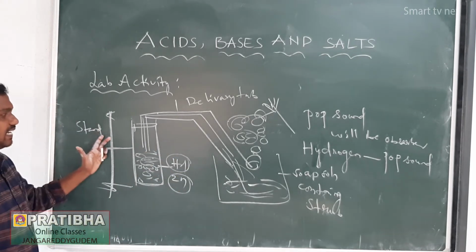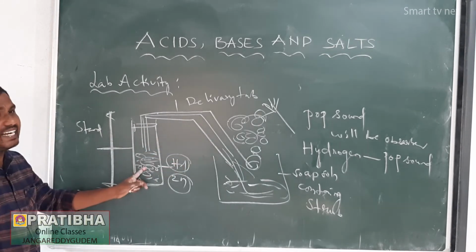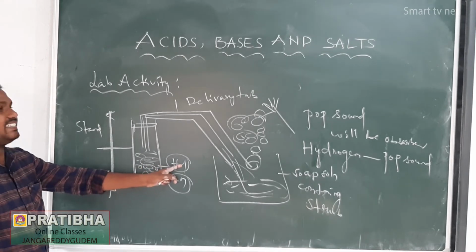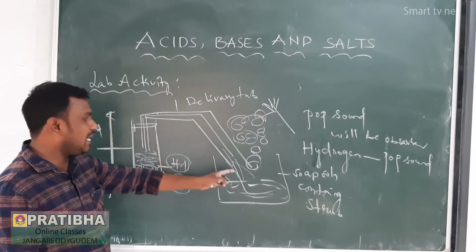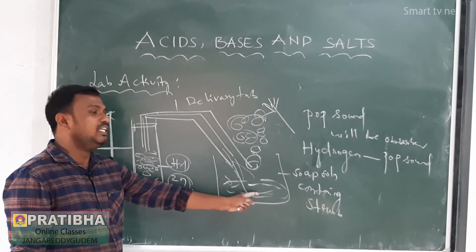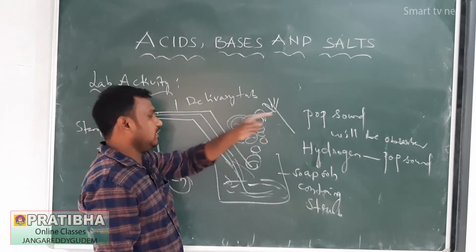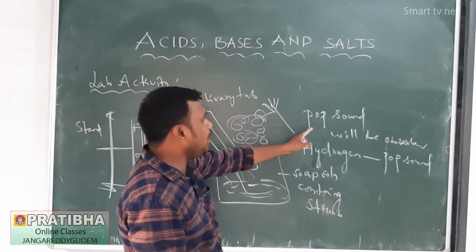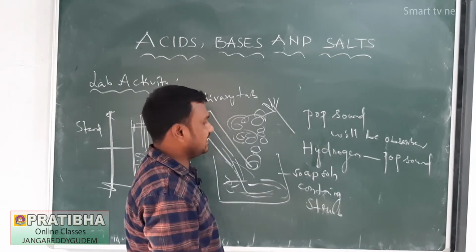First of all, in this activity, we can take a test tube and arrange the apparatus like this. We can add 2 grams of zinc granules in a test tube and add HCl solution in this test tube, and we can observe that a colorless gas will be observed in the activity and the gas will pass into the soap solution. After that, bubbles will be formed. We can put the burning matchstick or burning candle near the bubbles and it will give a pop sound and it will burn. After that, liberation of hydrogen gas is indicated.